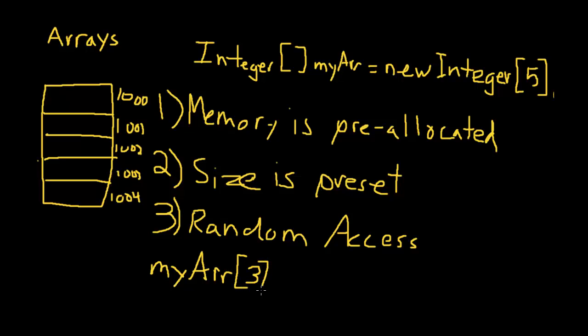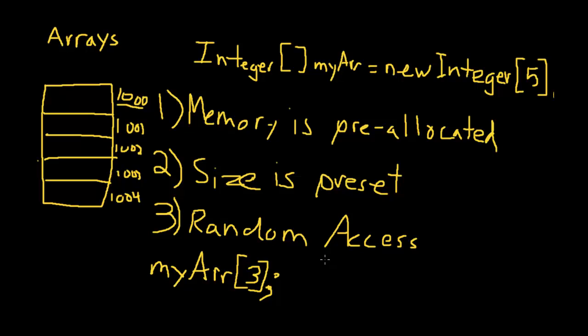the fourth element, so element at index 3, because we know it goes from 0 to n minus 1. So I want to find the fourth element, which is at index 3. This pointer already knows, okay, my first element is at index 1000, and all the elements after that are in a straight line from there. So the index 3, without even having to really look for it, it knows automatically that, let me look at